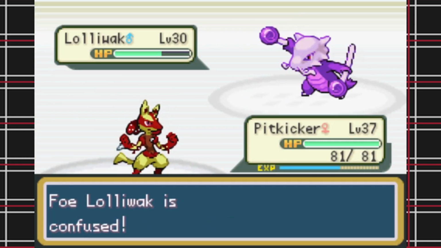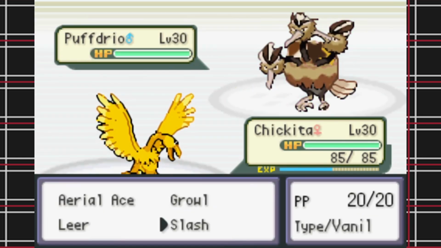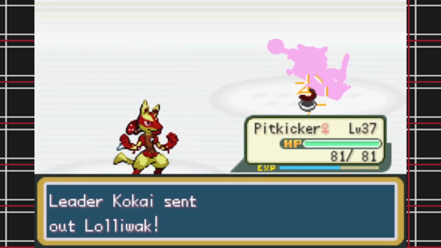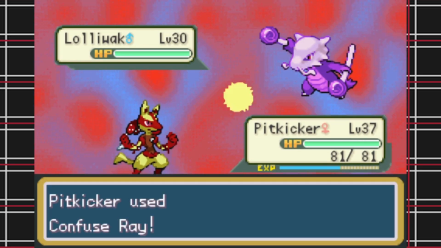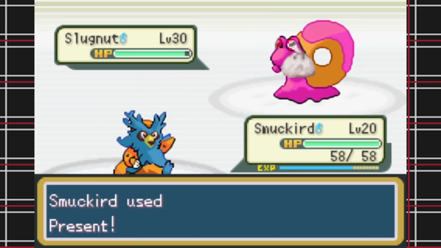Much like Midori, I'm not 100% sure what flavor this gym is supposed to represent. I guess Kokai uses mostly grape-flavored Poké-Sweets, again, except for the ones that aren't. And not to sound like a broken record here, but Pit Kicker, grape is weak against cherry. Why do you not have any moves from the types that you are? I guess grape is also weak against blueberry and orange, which Smuckard is, but again, it's a Delibird, so...